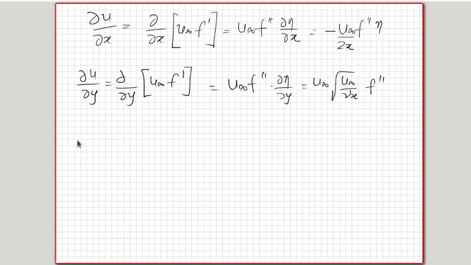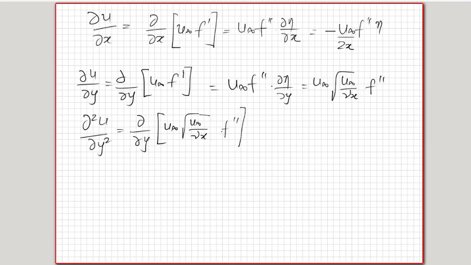Okay, that is ∂u/∂y. Now if I want to write ∂²u/∂y², which will be ∂/∂y of ∂u/∂y. ∂u/∂y is this, which is u∞ √(u∞/νx) multiplied by f''. And since none of this is a function of y, I can just take them out. So u∞ into √(u∞/νx) multiplied by f''' you get, and